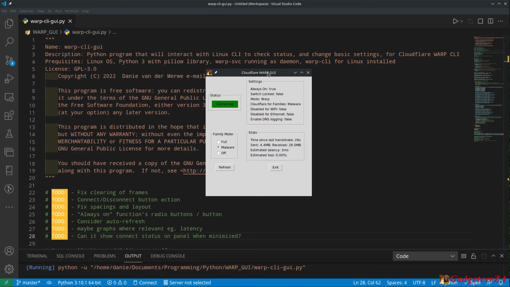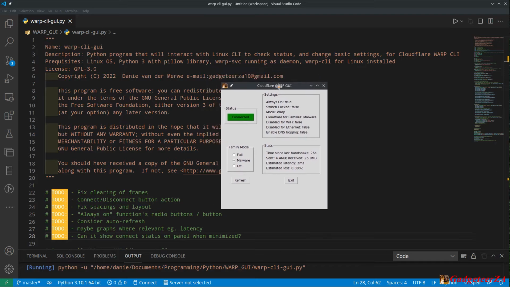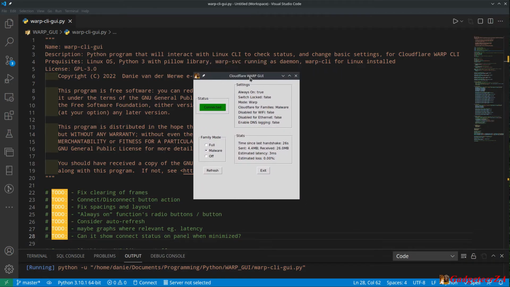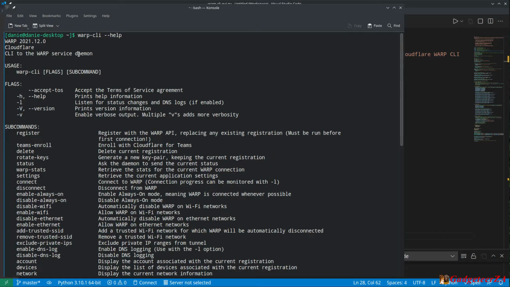So I developed this little app over here you can see on the screen. And the reason why really was I had been playing around with this Cloudflare WARP thing. And I noticed on Linux there's zero GUI apps. Well, there's one, but it just says connect and disconnect, and that's all it did. And I thought, you know what, that might just be a useful little project to write something that actually does something. So you can see here, this is the problem I sat with really.